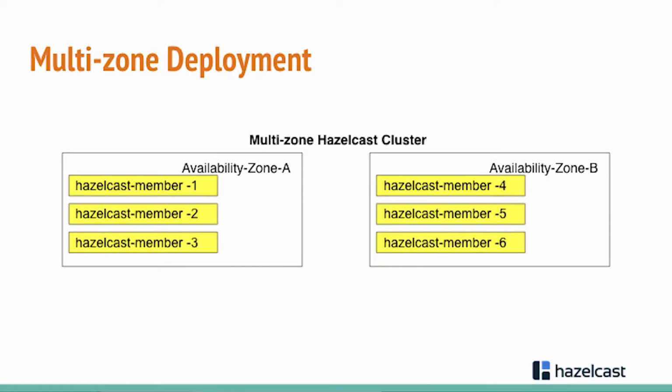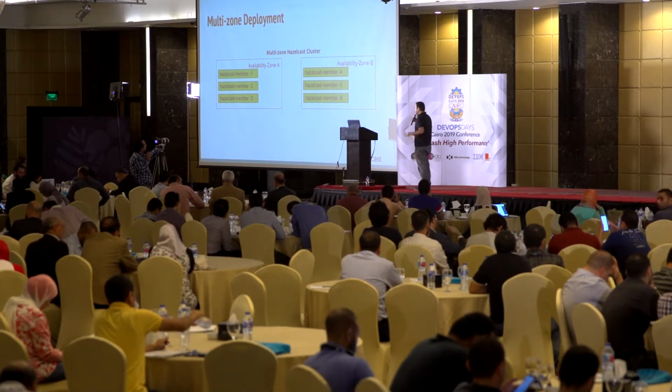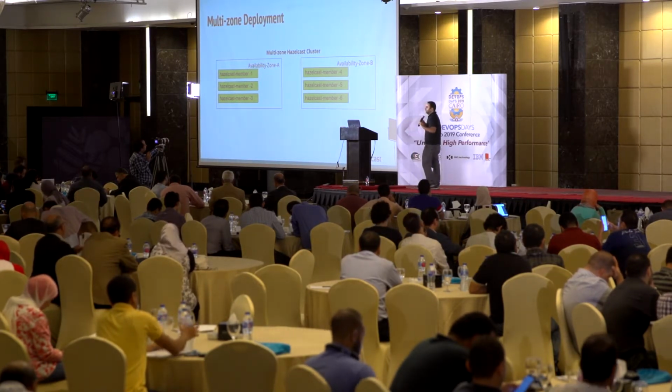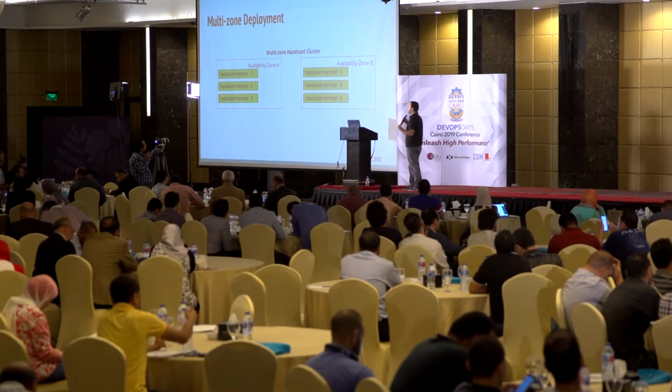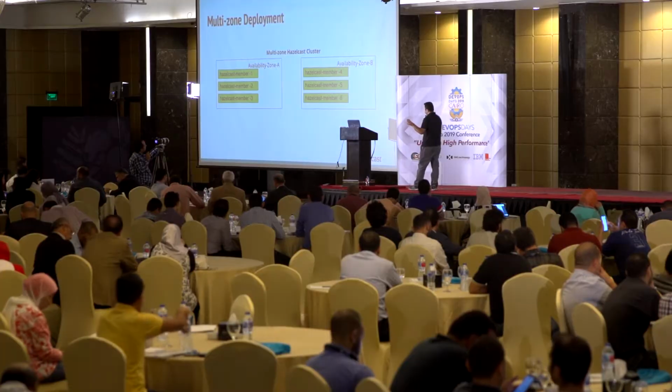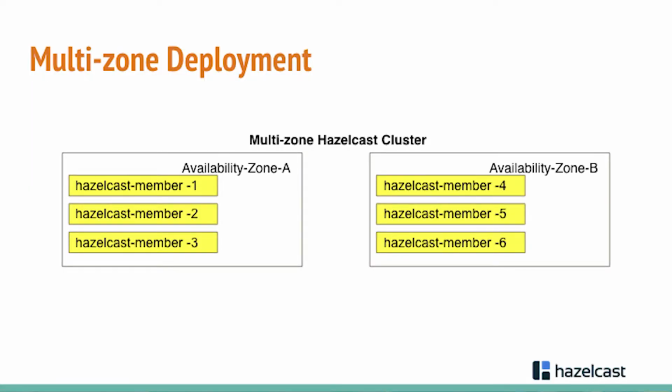the primary data is going to be kept in one member. And automatically one backup is created in another member. So when you kill one member of Hazelcast inside your cluster, you will not lose data. That's the beauty of it, and you can increase the backup count up to 6, depending on your requirements. But here in this deployment, if you don't want to lose any data, let's say that your backup count is 1, but when one availability zone just goes away and just crashes or disappears,